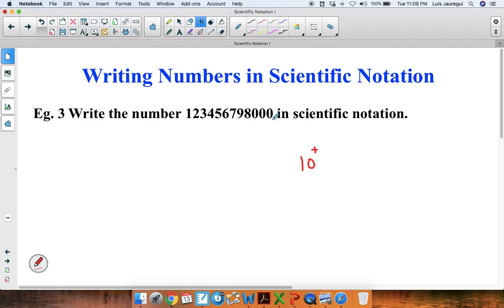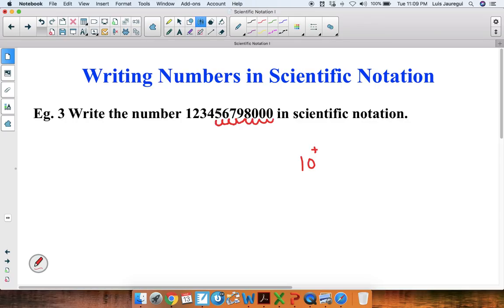Now, here we have the decimal point hidden at the end. So we're going to move it as many times as needed so we can get a number between 1 and 10. So notice, we're going to move once, 2 times, 3 times, 4 times, 5 times, 6 times, 7 times,